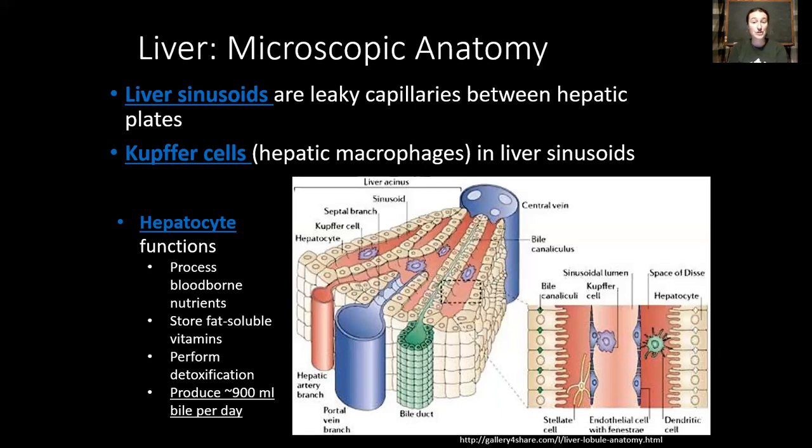body that can regenerate, right? So these cells actually have the ability to make more of themselves. So if you donate part of your liver when you're alive, it will replace itself, right? So there's no other organ in the body that can do that. If you lose an eye, if you lose a muscle, if you lose part of your heart to myocardial infarction, right? That tissue's gone, right? There's no way you can get it back. The liver is the only one that can grow back if you lose part of it.